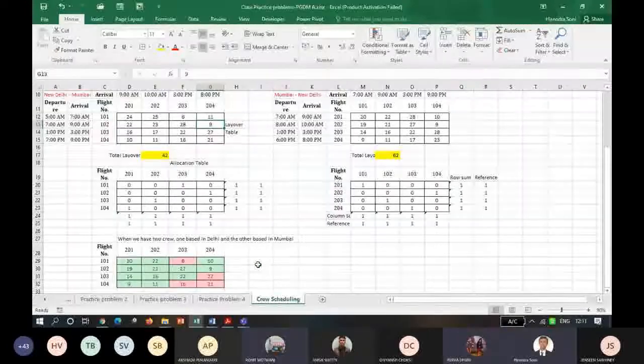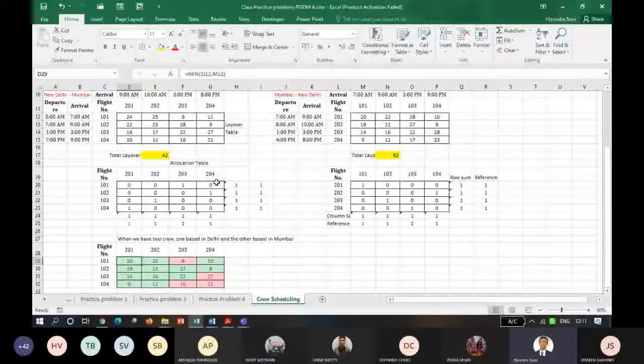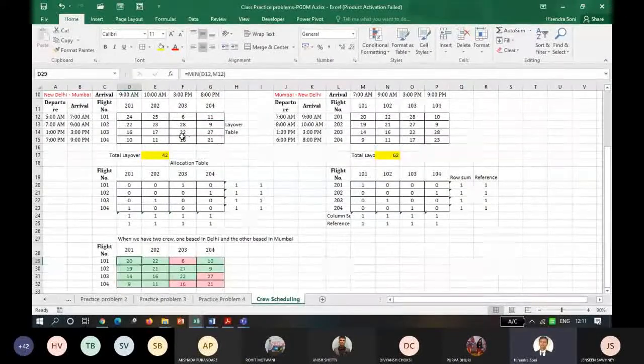Sir, last table again, how you choose last minimize table from? Last table basically talks about the best of the two. That means I have a crew which is based in New Delhi and I have a crew which is based in Mumbai. So if I take both into consideration, then I will be able to schedule them based on जिसका भी layover time कम रहेगा. Okay, so